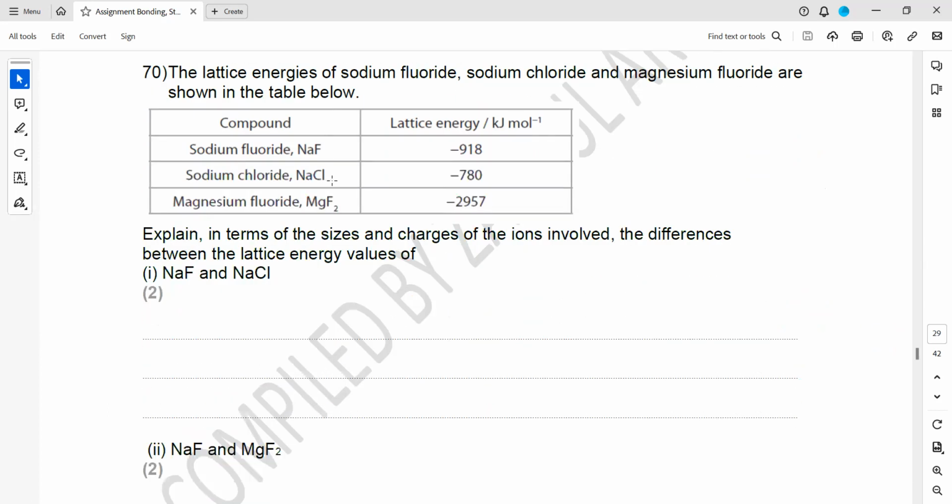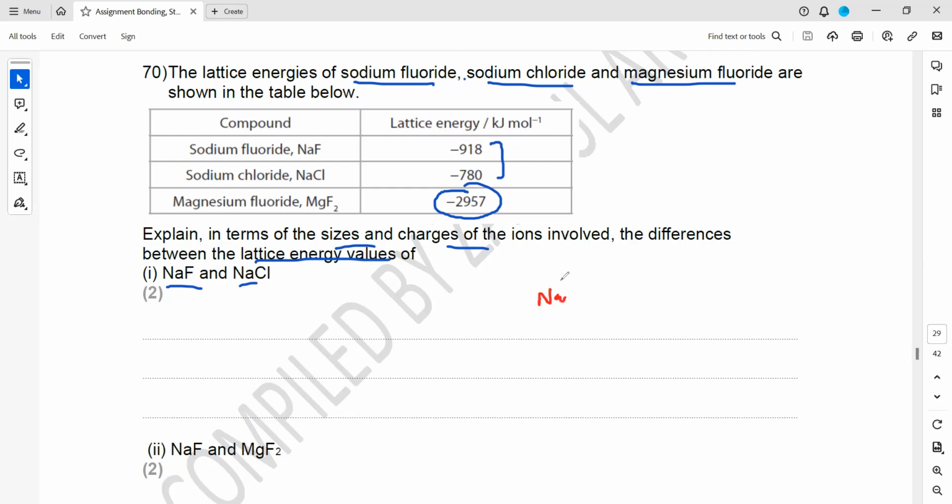In question 70, the lattice energies of sodium fluoride, sodium chloride, and magnesium fluoride are given in the table. You can clearly see the magnesium fluoride is much higher than sodium fluoride and sodium chloride. Explain, in terms of size and the charges of the ions involved, the difference between the lattice energy of sodium fluoride and sodium chloride. So when we talk about the sodium chloride,